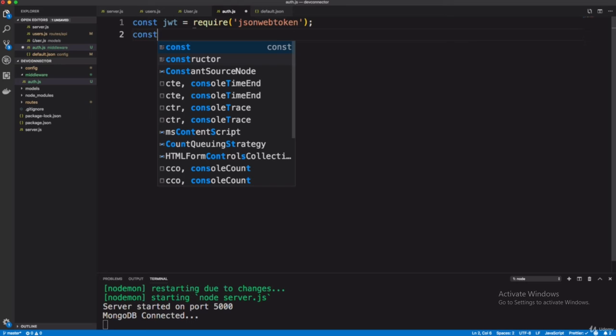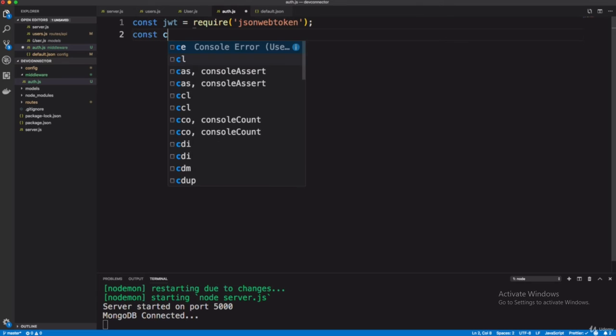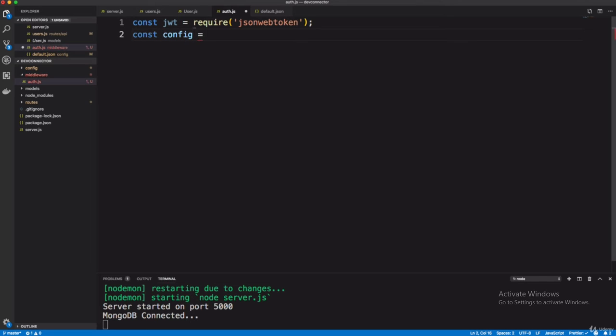So const config equals require config. Here you have to export, module.exports, and create a function. This is a kind of middleware, which takes three arguments: request, response and next.